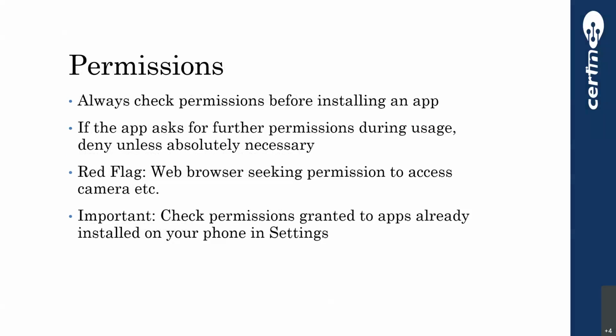If the app asks for further permissions during usage, it's always a best practice to deny unless you know that it is absolutely necessary. So for example, a lot of applications will ask you for accessing your messages to read the OTPs. But I think it's always a best practice to actually not give that SMS permission to any application, and instead just read out the OTP from the message and then manually punch the OTP inside whatever application you're